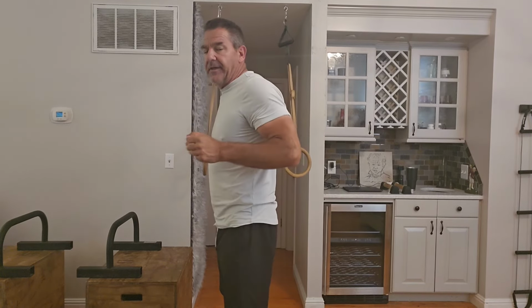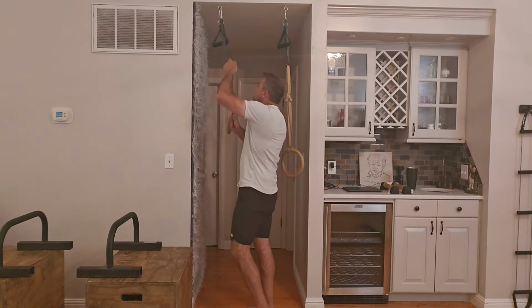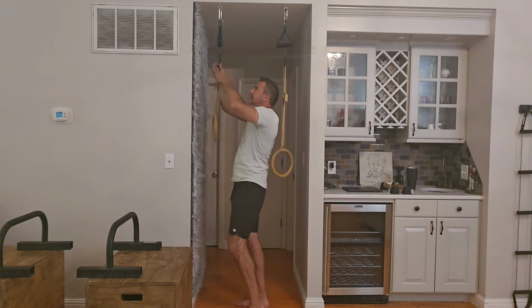We don't want that. So once you can do that, then you can do it elevated, feet parallel to something height like this. And the reason why I say these aren't a thing is because then once you can get into that,